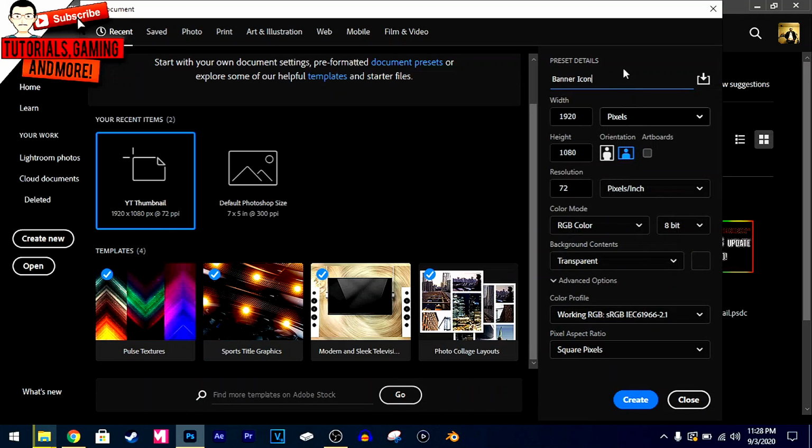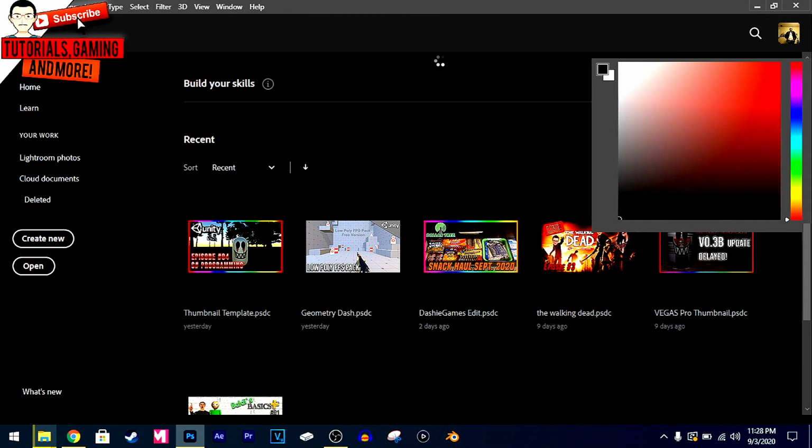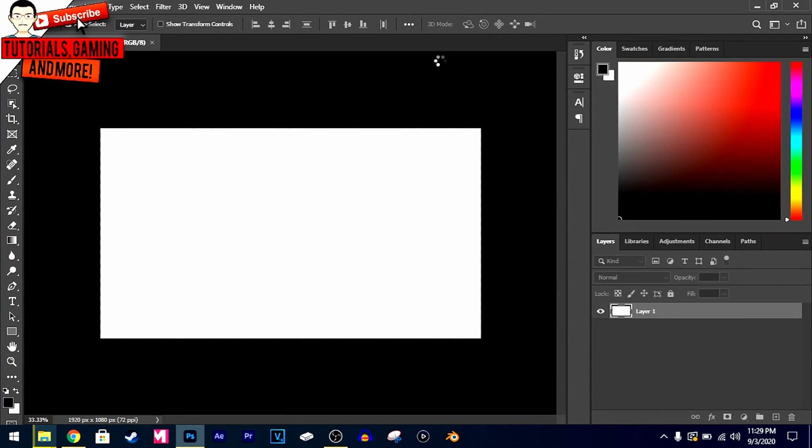Then once you're satisfied with your settings, you hit this blue create button. It will create the file. In the newest versions of Photoshop, the custom shapes that were in the previous versions of Photoshop are in the legacy, or to access those,